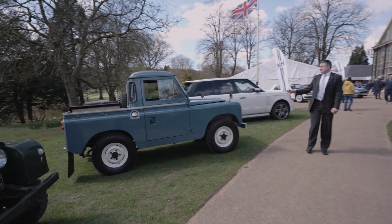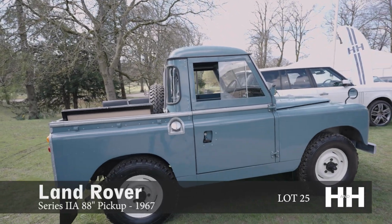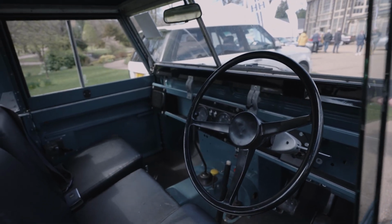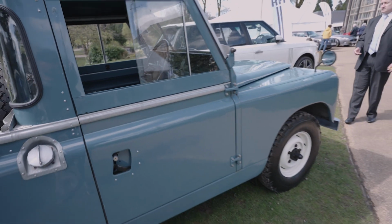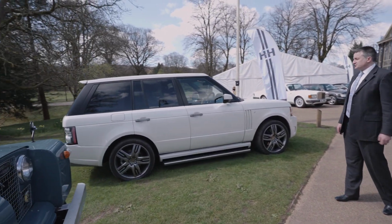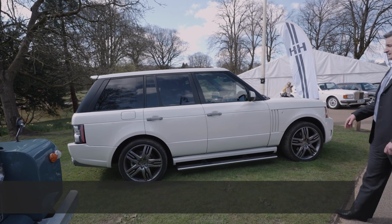Back to the better restored examples. That's a Series 2A. Now, for some people, the Series 2A is the toughest. That's the cockroach that would survive a nuclear war. For some people, that is the ultimate Land Rover in terms of the combination of styling, robustness, and whatnot. And making a big contrast next to that, we have a Range Rover, which the first owner sent to Overfinch, and, well,